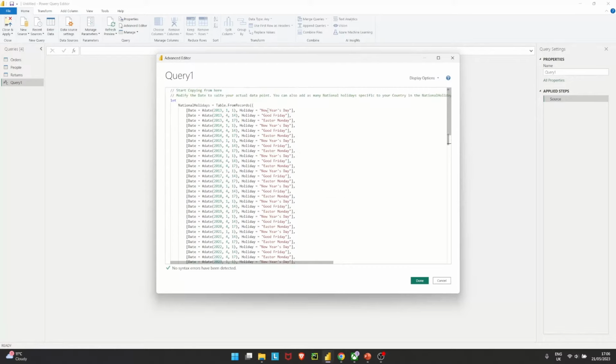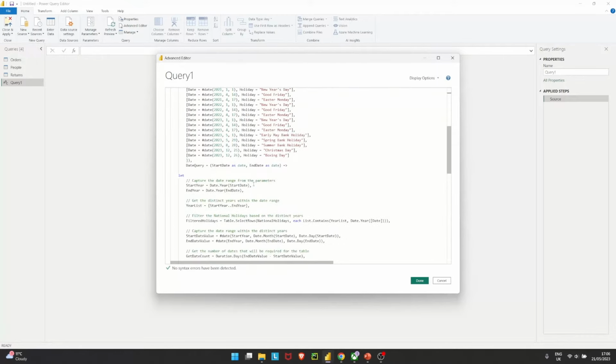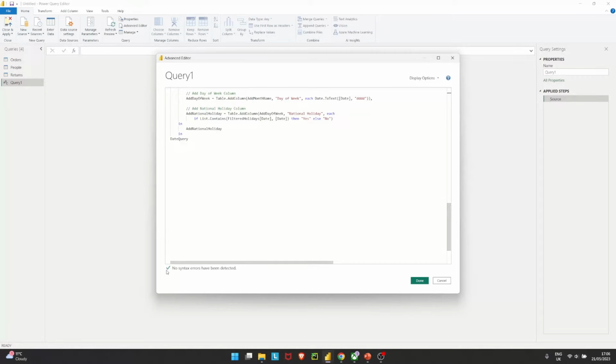You will notice that I also added some national holidays like New Year's Day, Good Friday, and Easter Monday. Just to make it simple, I made just 3 or 4 holiday periods within each year. You can always follow this pattern to add additional holidays specific to your region, country, or ethnicity. That is very seamless. Just ensure that you separate them with a comma and input all of those dates into your data point. Once this has been covered and you get no error,